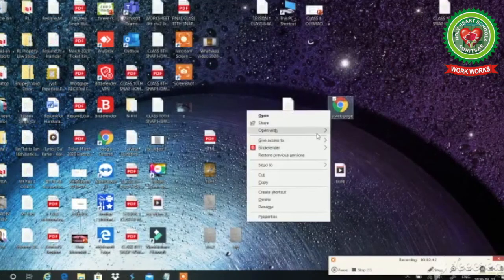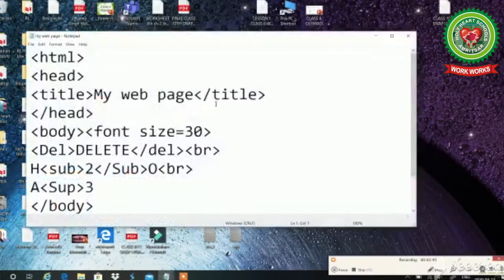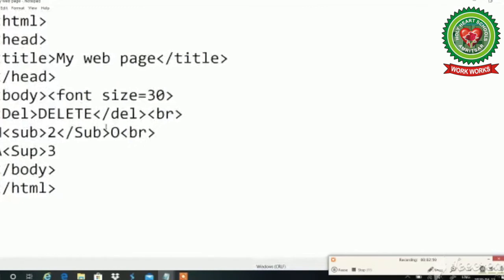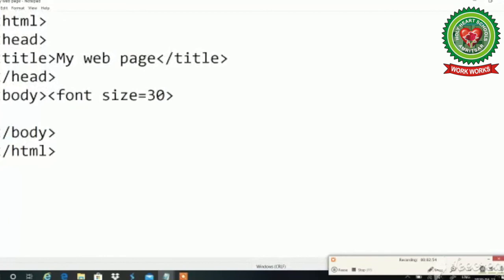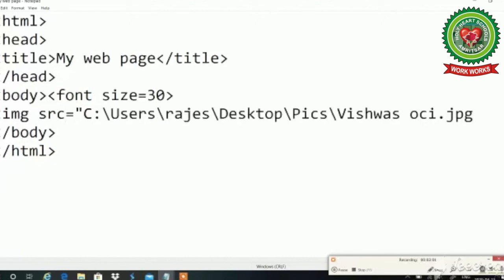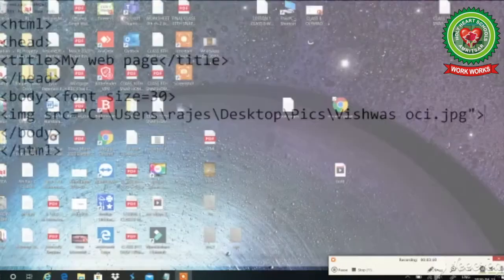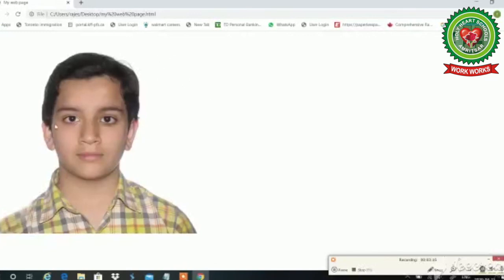I'll open my notepad now. I'll go there, I'll use this tag here. See, I'll do the image tag over here. I'll use img src is equal to double quotes. I will paste my path, I will close the quotes and angular bracket. I will save it. Now see the effect of it, like I'll show you the output. See, the image is pasted on my web page.